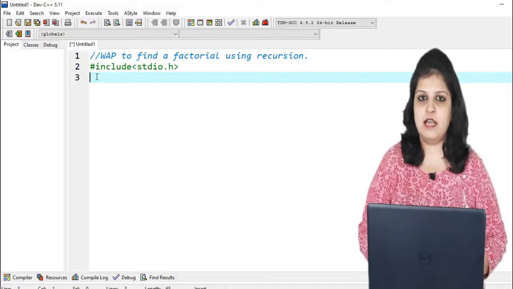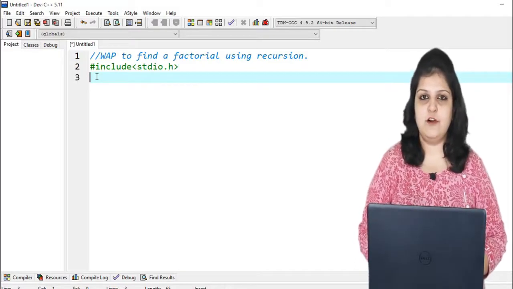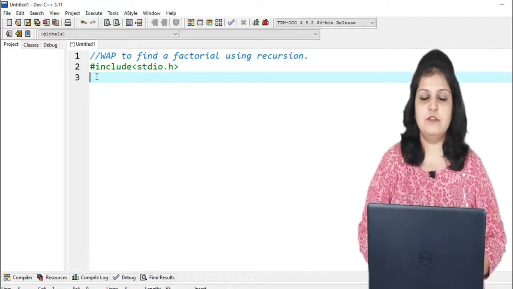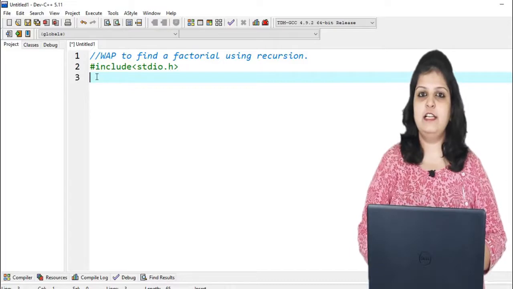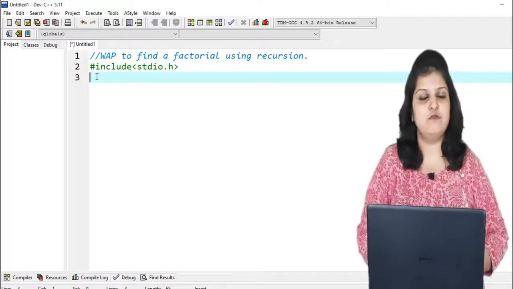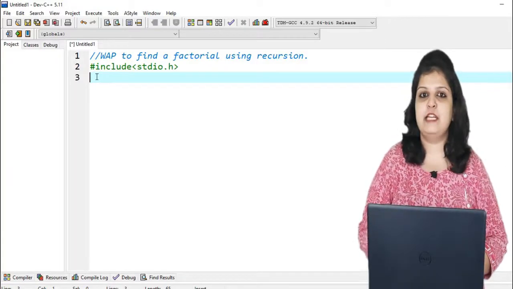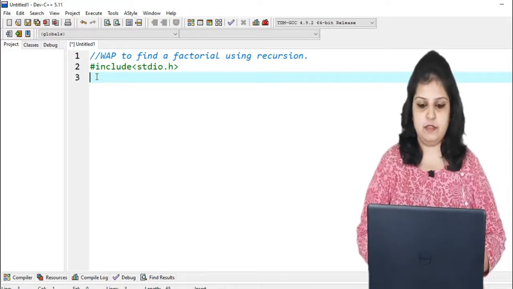Let's see another example: write a program to find the factorial of a given number. Everybody knows about the factorial of a number. You already learned in mathematics that n factorial is equal to n into (n minus 1) factorial. Suppose I want to find 3 factorial, then 3 into 2 into 1.